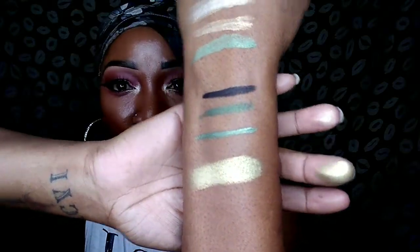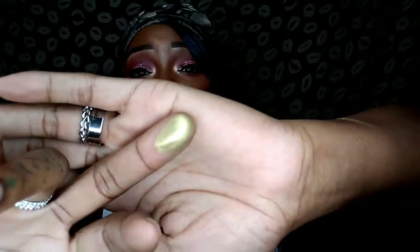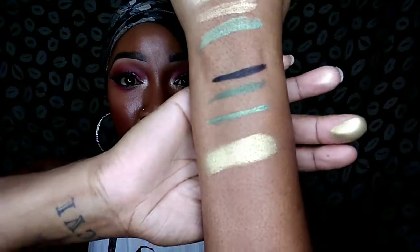Look at my finger. You guys, I cannot wait to put that on all over my eyelid. Like, seriously, I cannot. You know what's so crazy? I feel like this would be a bomb highlighter too. Just looking at it, this is screaming. You know what? I may not even put this on my eye. I may put this on my cheeks because that is so screaming highlighter to me. This is giving me all kinds of